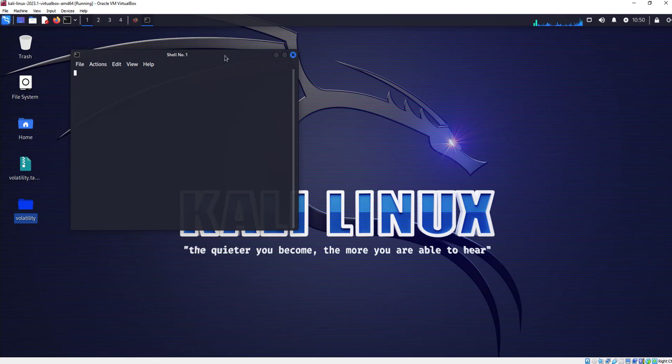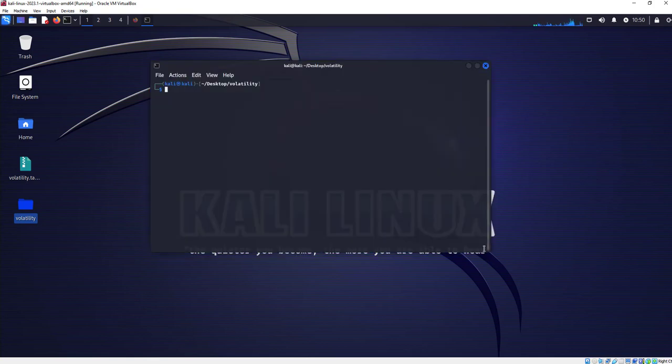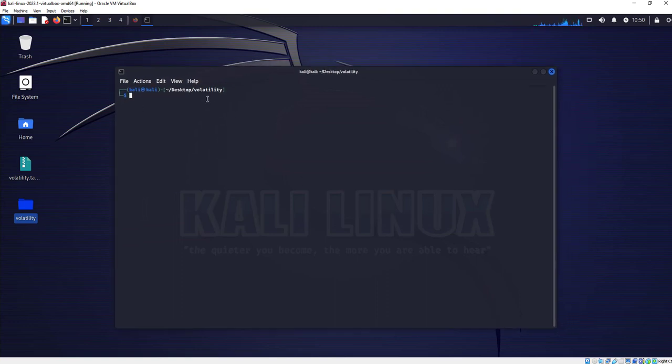Then we have this terminal. I'm going to make this a little bit bigger so you can see it. I'm going to run ls to check what files are there. As you can see, we are here. The first thing we want is to identify the information for the image and look for the profile. What is the profile? So the command is